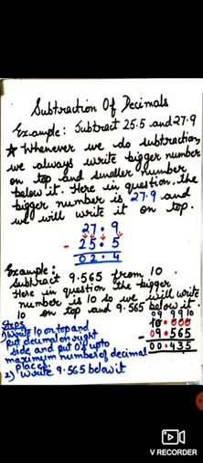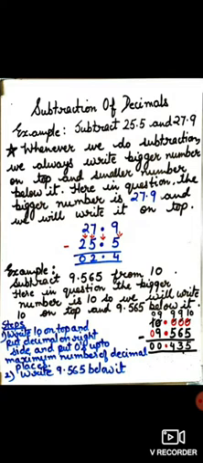First of all, we will write decimal below decimal. Then on the left side, we will write first of all 5, then 2. And on the right side, we will write 5. Now we will subtract both the numbers. From 9, we subtract 5, the answer is 4. From 7, we subtract 5, answer is 2. And when we subtract 2 from 2, the answer is 0. Here the answer of the question is 2.4.